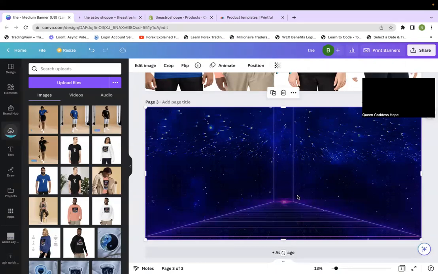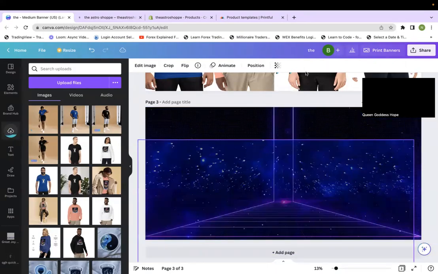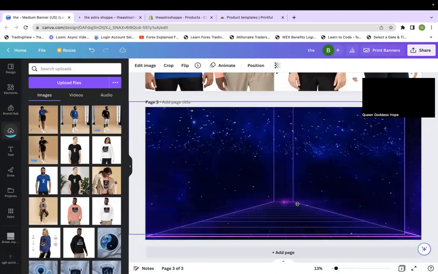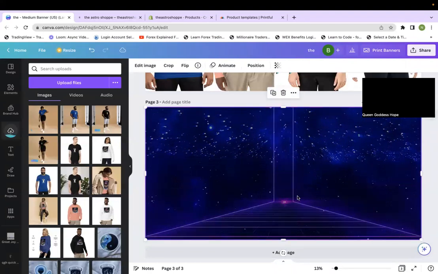So what does that look like? So we're going to make this, we're going to add him on. We're going to remove the background. And we're also going to possibly